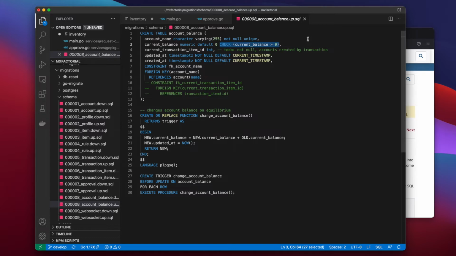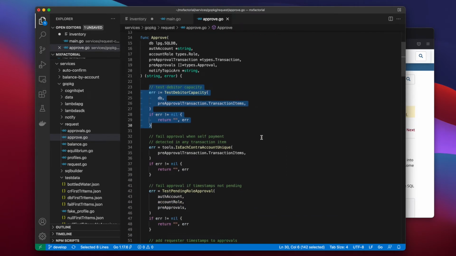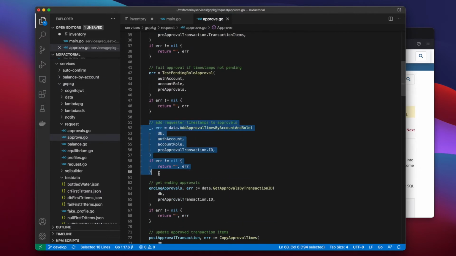But if there's a credit company who wishes to offer you overdraft protection, as a rule, the credit item added by that overdraft protection rule will help avoid an insufficient balance error from system accounting. System accounting enforces a conservation law through cross-account, double-entry accounting, and is not a lender. Instead, system accounting conserves default risk to those who consume it, or lenders. Okay, once debitor balances test sufficient for a debit, approval times from the requester are added.